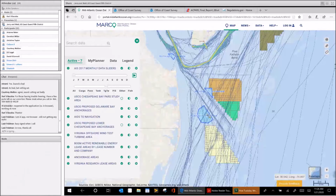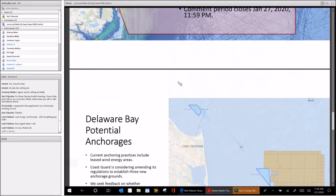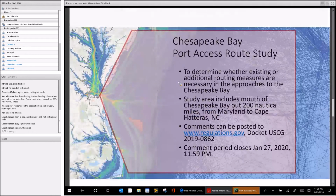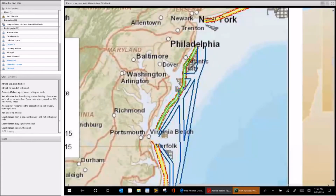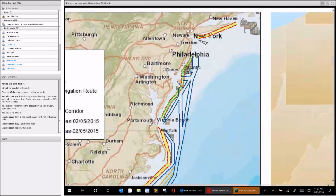Yeah, before we move on, I'm just going to highlight. If you look, give the computer time to...